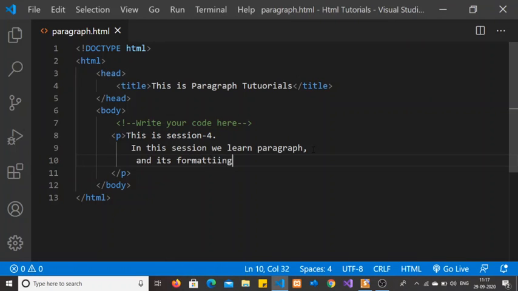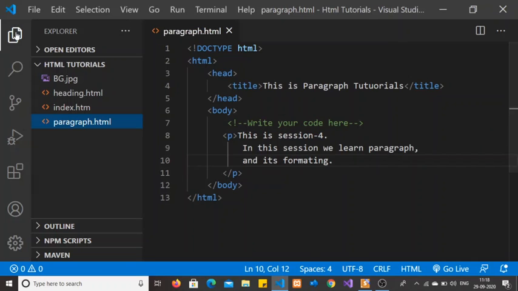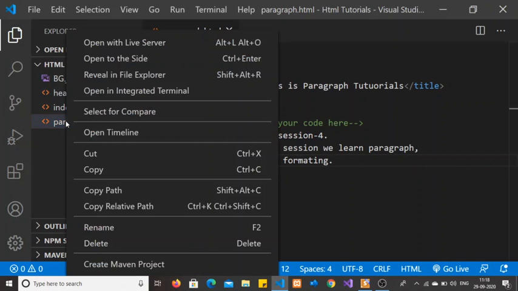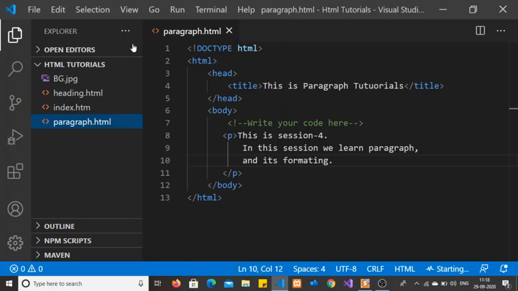I am just typing some text so that we can look at it in the browser. Maybe there is some typing mistake here, so don't consider it. I am just showing you a demo of how your text will appear. I wrote three lines in the paragraph. So let's have a look at the browser to see how it is displaying. I am running it in the live server.